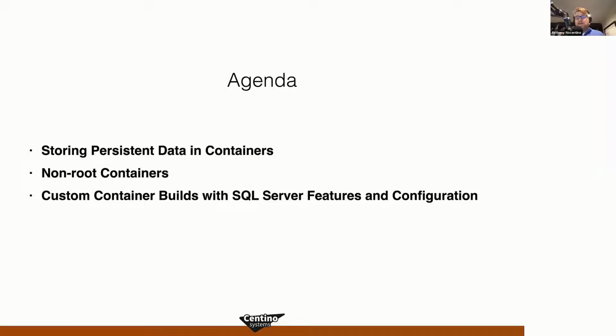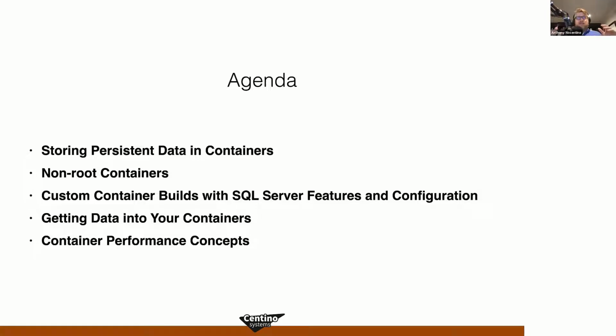That's going to be building a custom container image so that you can work with additional features or configuration in a base image that you can then deploy over and over again in your environment. Then we'll talk about how we get data into our containers. We can stand these things up fast, but how do I get data in there, either manually or automatically at deployment time? We'll talk about that as well.